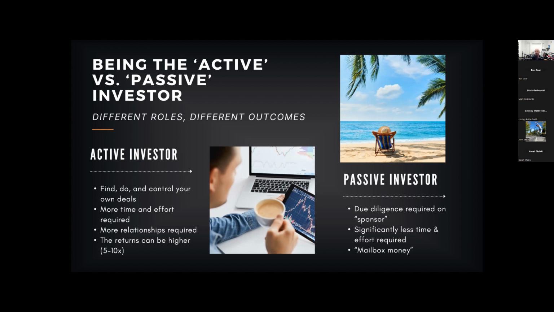You control the deal. If a buddy of yours is going to go out and buy a single family home and doesn't have enough money to do it, so he's looking for someone to help him invest, well, then you might be the passive investor, okay? Where your buddy's the active investor, he gets the deal done. Maybe he actually runs the deal and is accountable for the performance, but didn't have enough money. So he came to you and said, hey, do you want to invest? It takes on all types of forms, but you can see the difference there between the active and the passive investor.